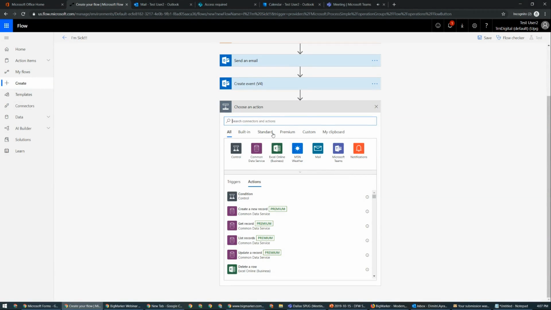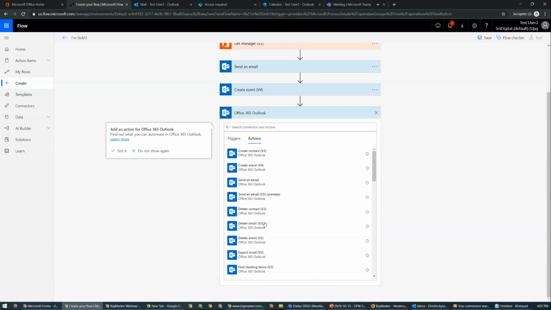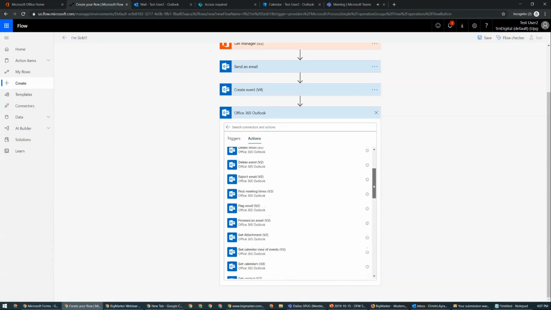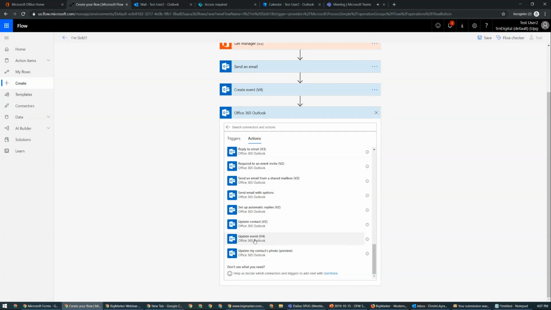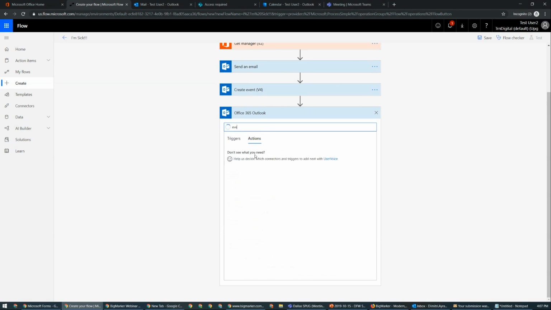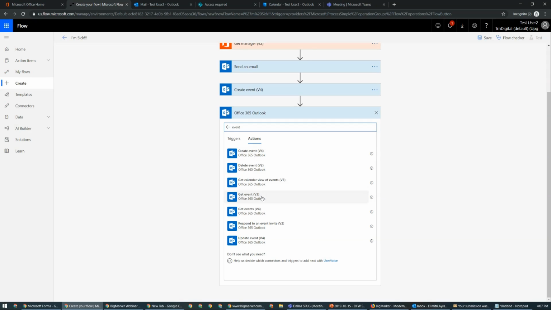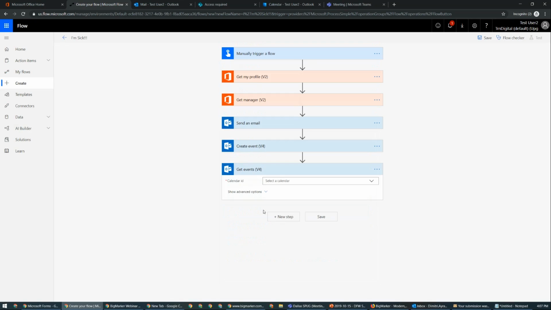send them a response. So we'll come in here and, first thing, we want to interact with our calendar. So I might click in here and scroll down. The name of the command is get events. As you scroll down here, you see there's really a lot that you could do with what's available in here. But we want events for this purpose. And I'm just going to type it in. Get events.